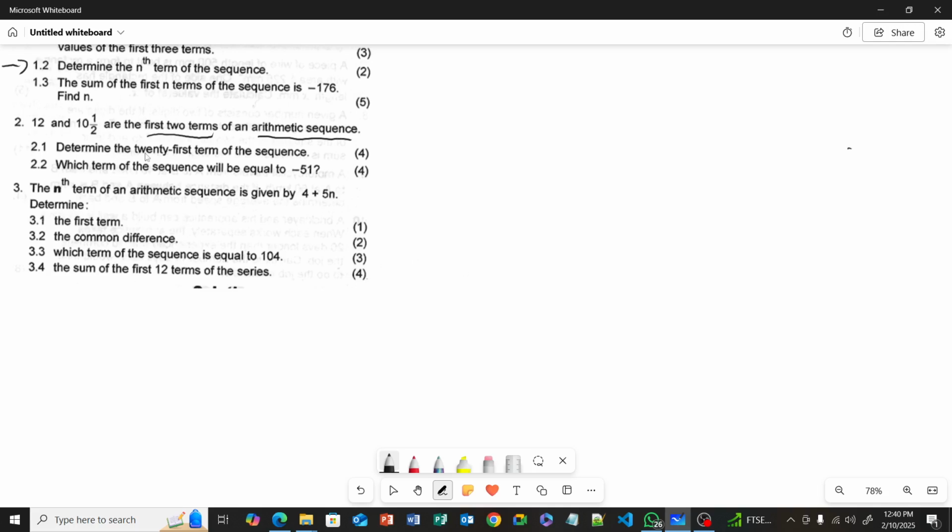Now determine the 21st term of the sequence. Okay, so basically we are looking for T21, right? Before you get T21, you must know the value of A. So the value of A is the first term, which is 12